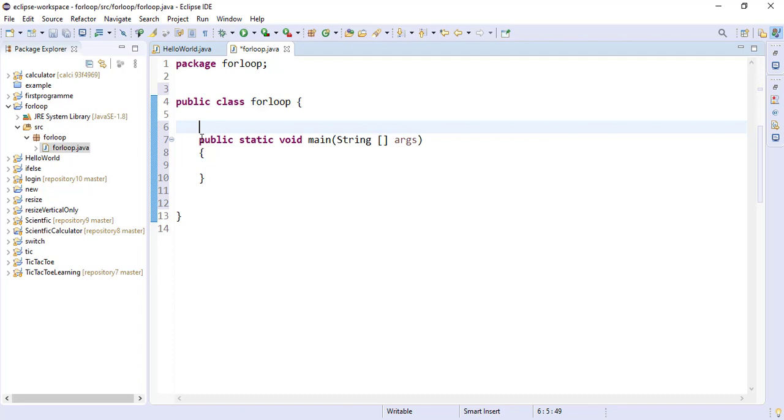In this part we have to simply focus on for loop programs: how to print a table, how to calculate factorial using for loop, how to calculate power, and how to print patterns. So hope you understand what is the working of for loop.